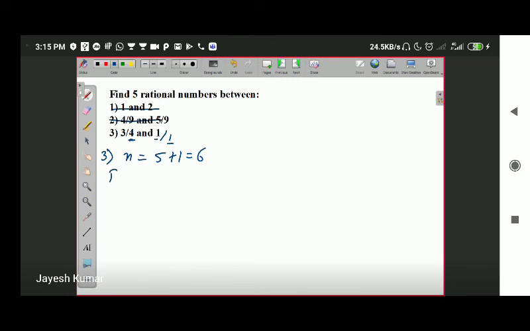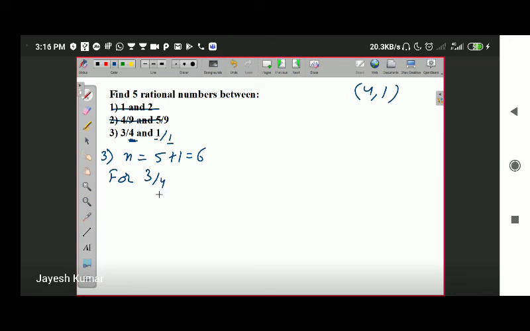So for the first number 3 by 4, we first take the LCM of 4 and 1. What is our intention? Our intention is that the denominators of both the numbers should be the same, and then we find the remaining numbers in between. Okay, so